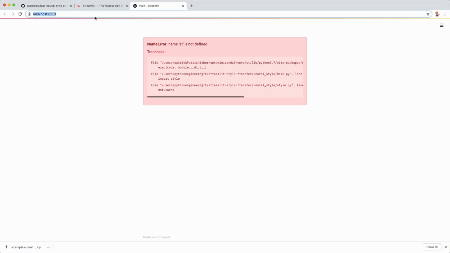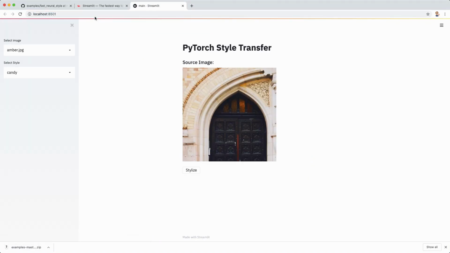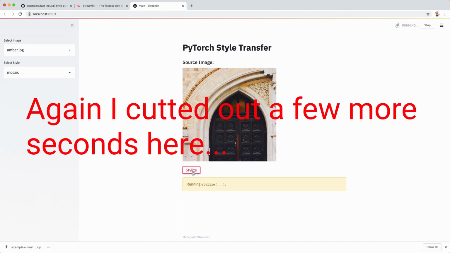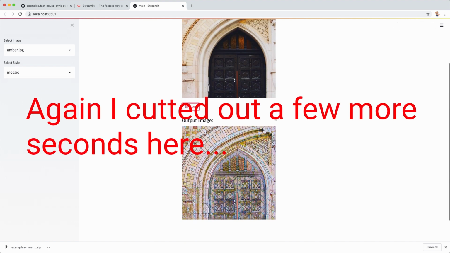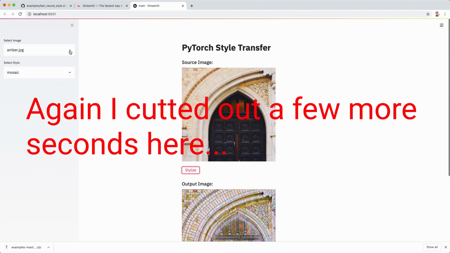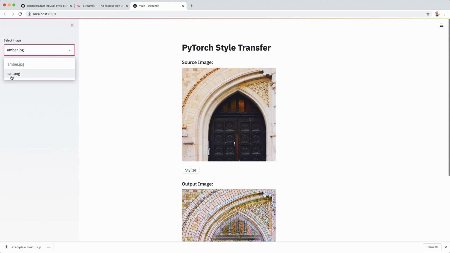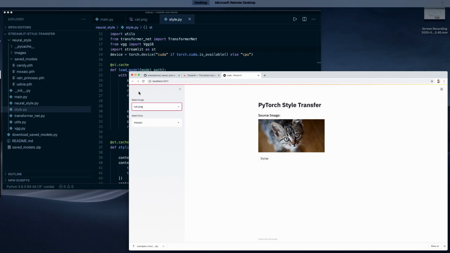and then let's reload this. And now again, let's try a different style. So let's try the mosaic style and use stylize. And now this worked. And now when we change the image to cat and we have a look at the